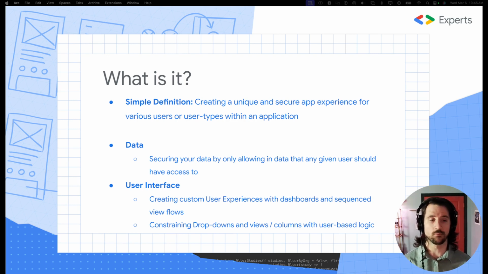Now, that's a very nice start, but as you go on throughout your application development journey, especially once you've been in this tool for a couple years, you'll find that there are certain limitations to these views where you want to push the limits and create an app experience that AppSheet may not give you right out of the box. So user-based logic concepts are going to help us achieve the same function while working within the frameworks that AppSheet gives us with the view types that we have access to, using filtering and dynamic logic